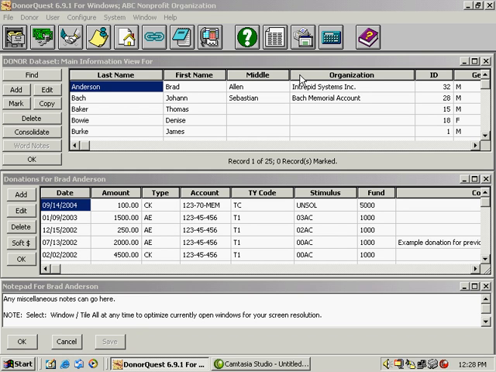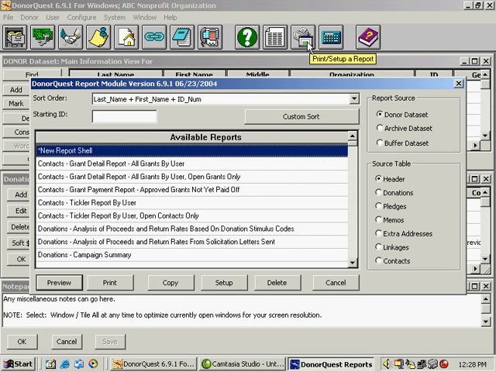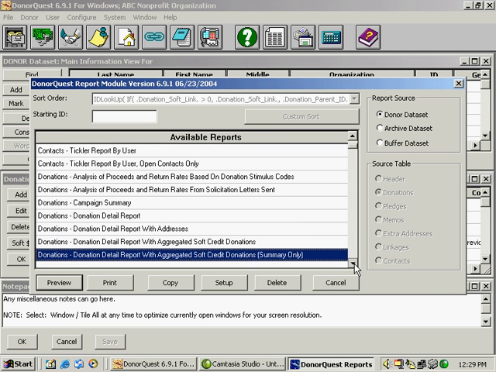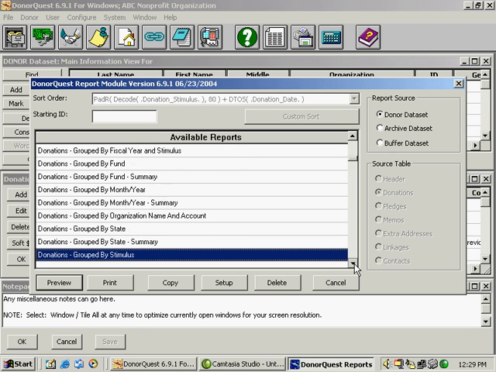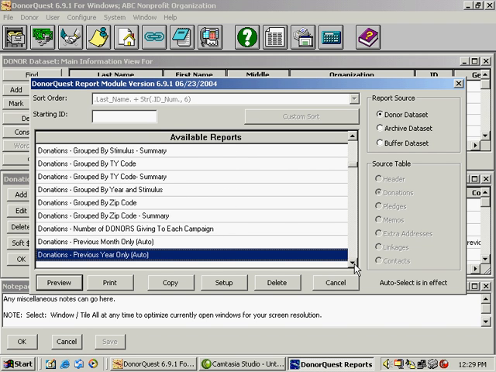But to go over the auto reports, there are just a handful of them in DonorQuest, and to access them, you click the Print Setup a Report button. This will bring up the reporting menu in DonorQuest, and if we scroll down through these available reports listed below, we'll come to some reports that end in auto within parentheses. And the first one we come to is donations, previous year only auto. So if we click preview,